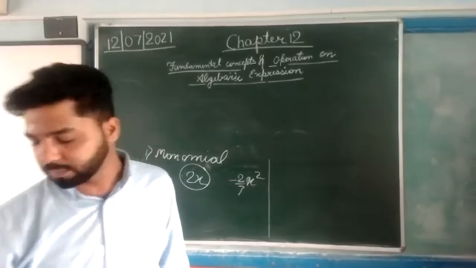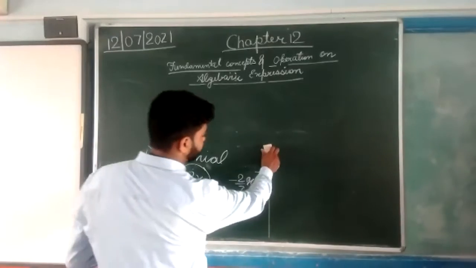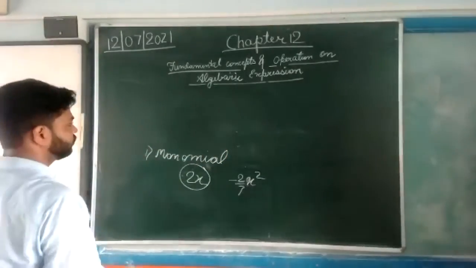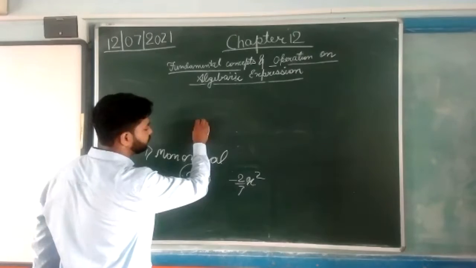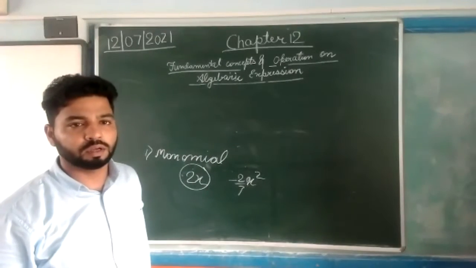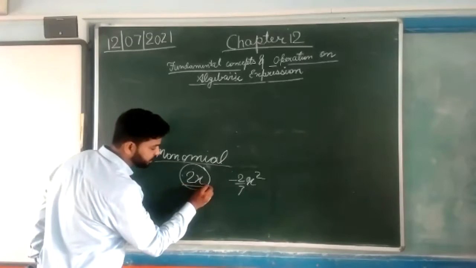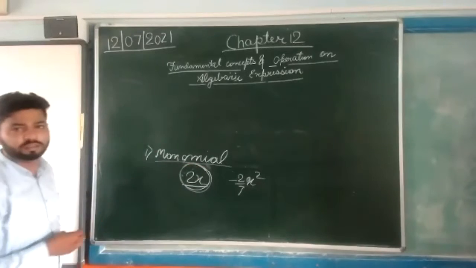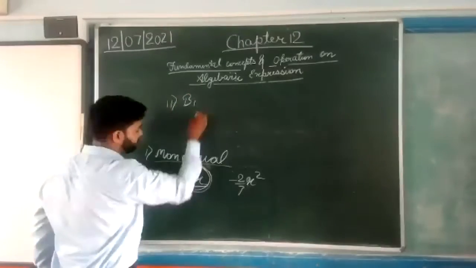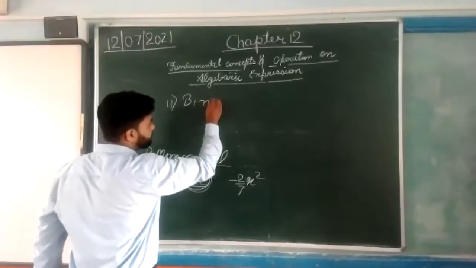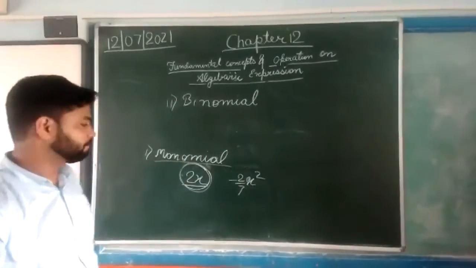Yes, Akash, tell me. Sir, every algebraic expression is also a mathematical symbol? Where? Which expression? Plus, minus, into, divide, all are mathematical symbols, no? That is also an expression. So first is monomial. If any term is indicated or represented in this form, that is called the monomial. Second is this. Yes, Artika, tell me.